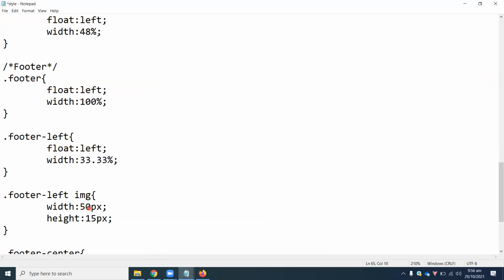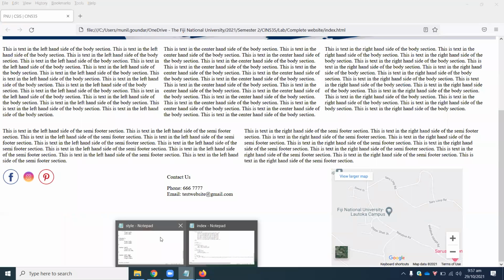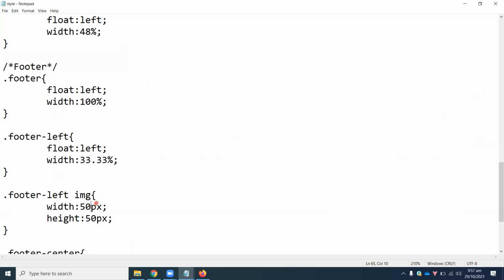So let's say 50 by 50. I think it will still be small. Okay. Still small. If it's still small, let's make it a bit bigger. So 50 is this size. So if you put it 100, it'll be double of this size. Probably this size, 1, and then 2, and then 3. Yeah, that could work. Remember, like I mentioned, do a bit of trial and error, see which one works, and then Control S to